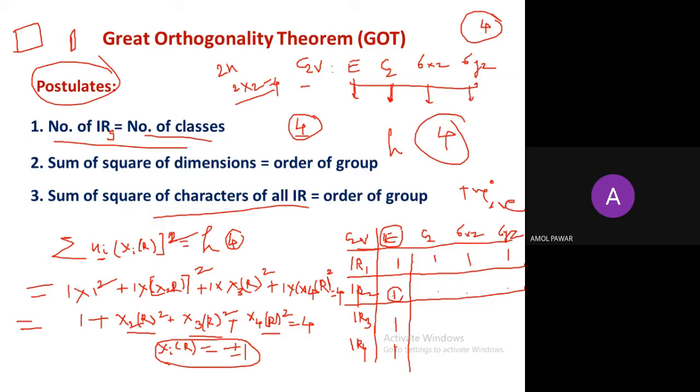Now that can be verified on the basis of the next rule. Understood till here? See, I do not know whether this 1 is plus 1 or minus 1, but definitely it is 1. But I do not know whether it is plus 1 or minus 1. This can be verified on the basis of the next rule. Now the next rule is